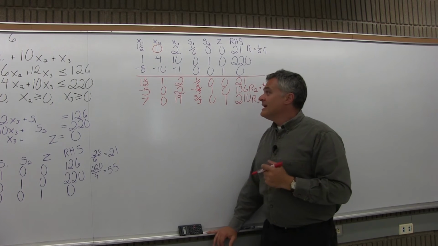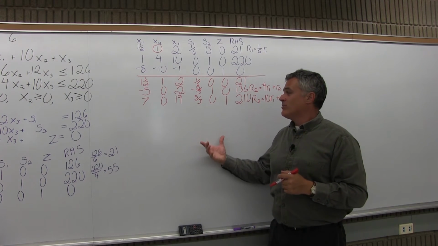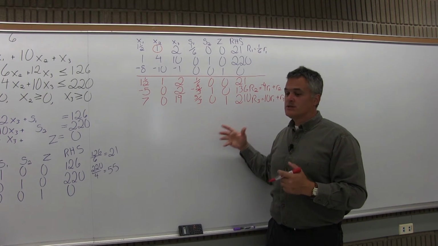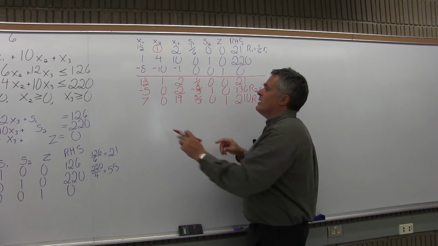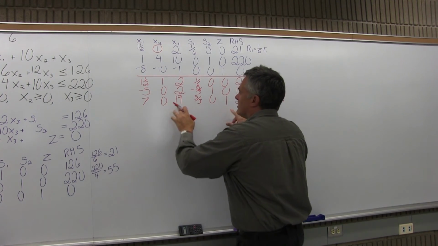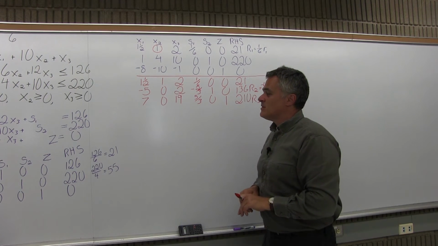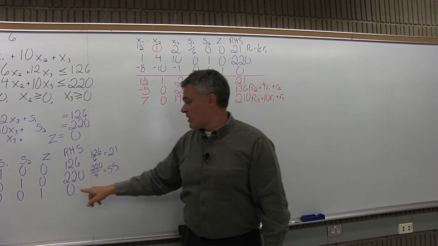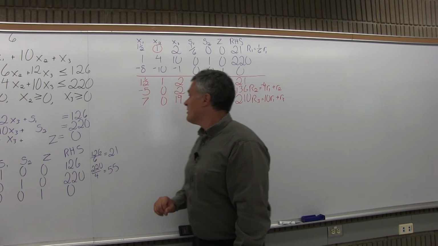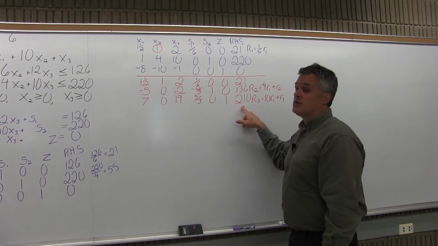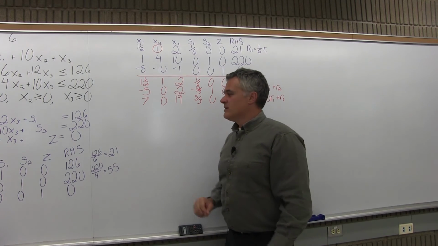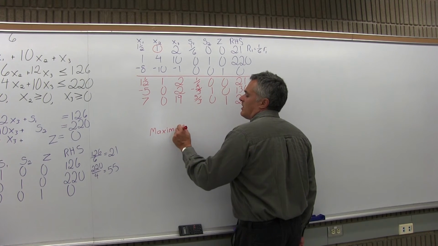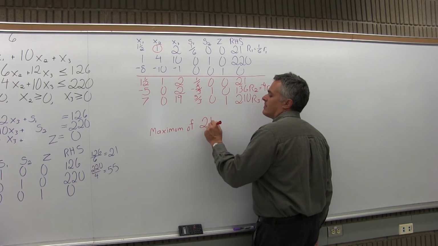Now, as I look at the matrix that I have, or the tableau, it's the final tableau. I cannot pivot again because there are no more negatives in the bottom row. This is good. That means I found the maximum. Again, there are a few negatives in other places, but not in the bottom row. So the important point is I did find the maximum. So we started with an output of 0. Again, the output position on your tableau is the bottom right-hand position. We started with an output of 0, pivoted once, and the output went from 0 up to 210, and I can see that I can't make it any bigger. So my maximum, and we'll say maximum of 210